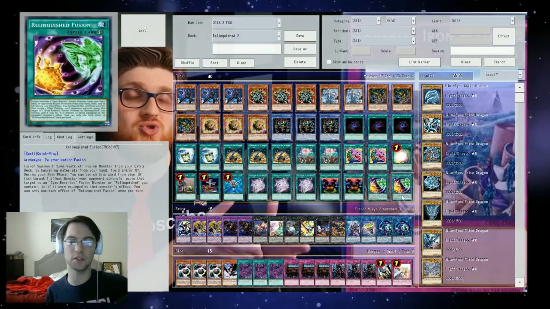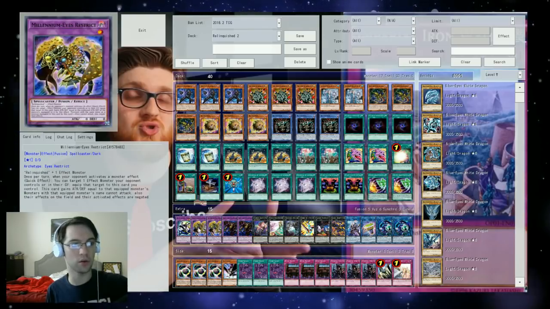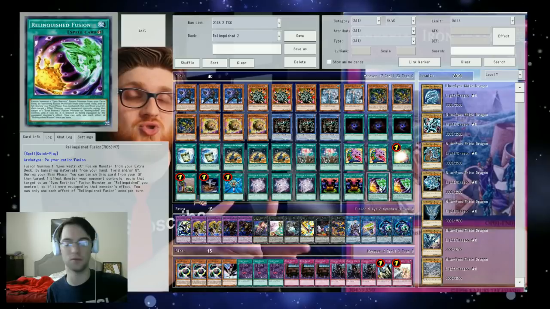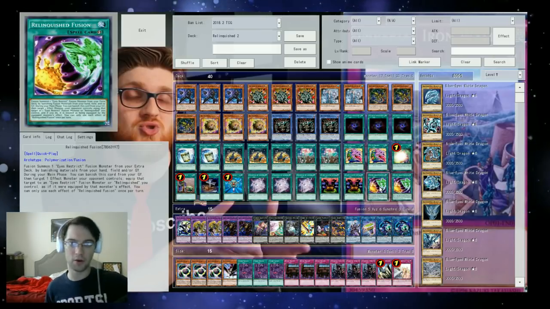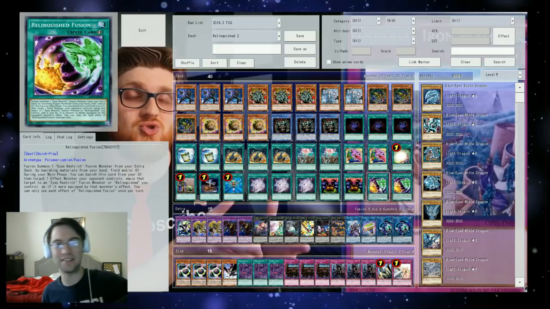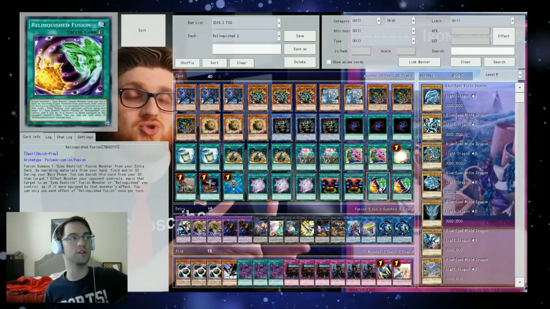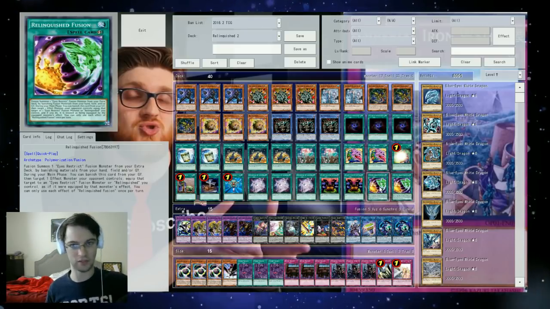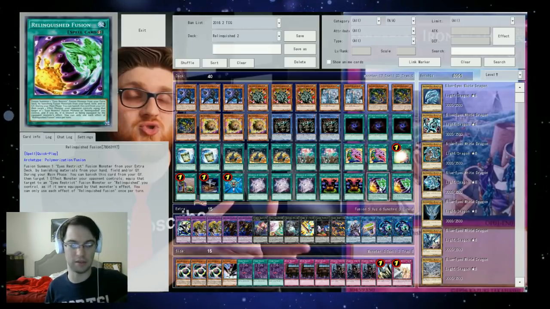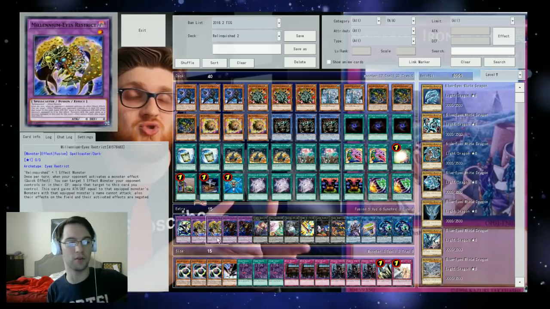Your Relinquished Fusion is the main way you are summoning your Millennium Eyes Restrict, and there's really no good way of searching this thing outside of Predaplants, which we found was pretty bricky. So we just put a bunch of draw power in this deck in order to dig for this thing. It is interesting to note that this thing is a quick effect, so if you wanted to play some crazy Card of Demise build, that is totally your option, because you could just set this and then activate it during your opponent's turn,